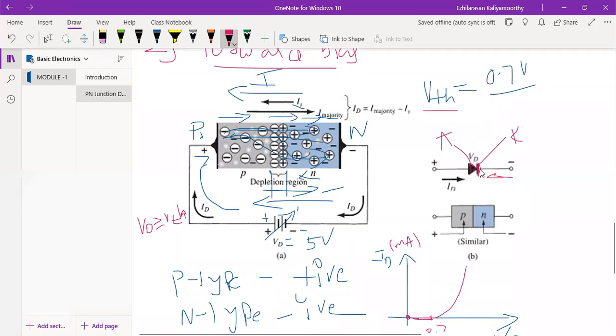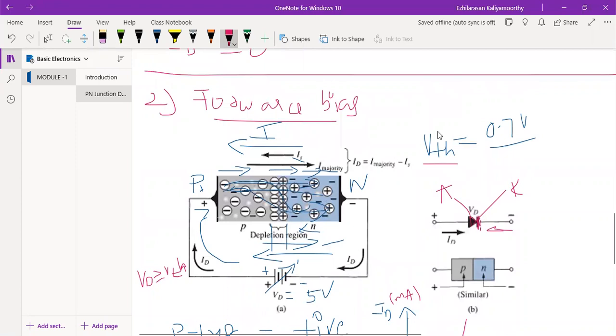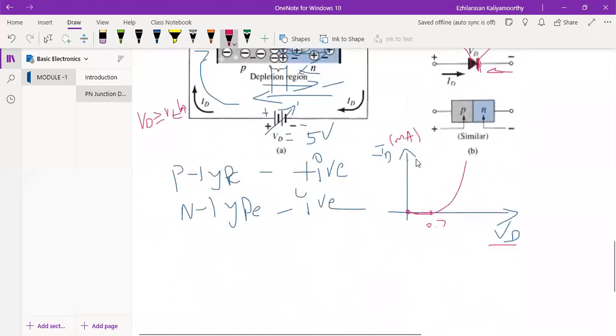So from this, I can say that when the anode and the cathode are connected to the positive and negative terminals of the battery respectively, the holes in the p type and the electrons in the n type tend to move across the junction and break the barrier. There is a free flow of current with the barrier almost eliminated. This is the simple way, the analogy I said previously.